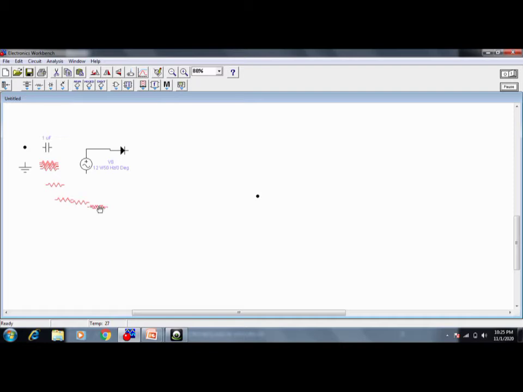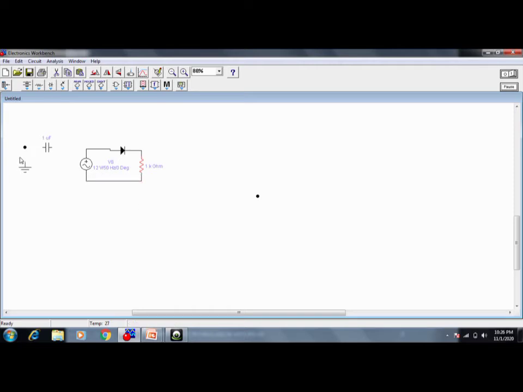So next, you have seen the circuit. Okay, I want to change this from horizontal to vertical. Select, right click on rotate. Next, here also you are going to see the connection, here also you are going to see the connection. Let us connect from here to here, and next I should connect here.